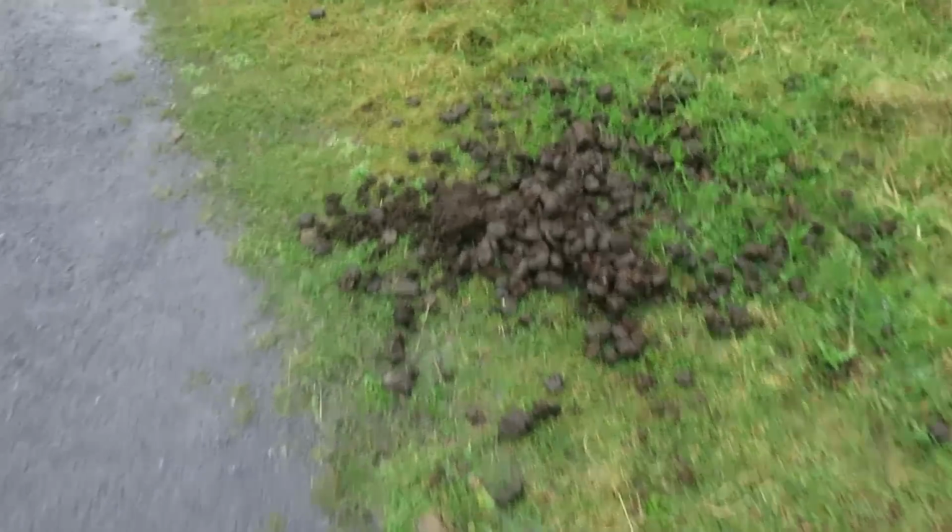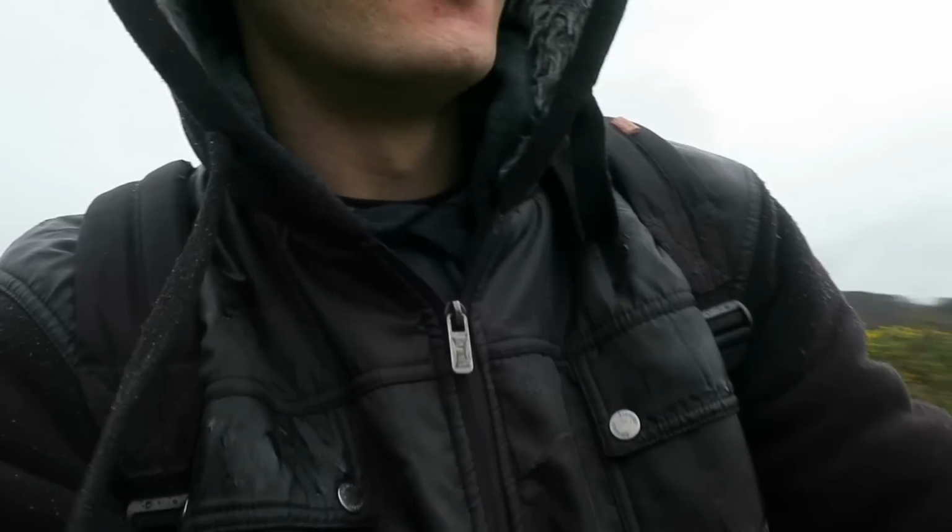It's quite weird having a place like this so close to a town. I wouldn't have expected it, but it's nice here. Obviously someone's not picked up their horse poop. Right,